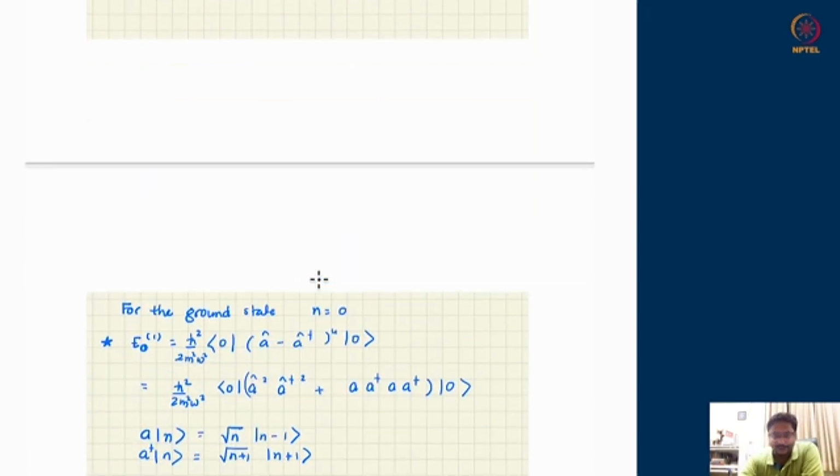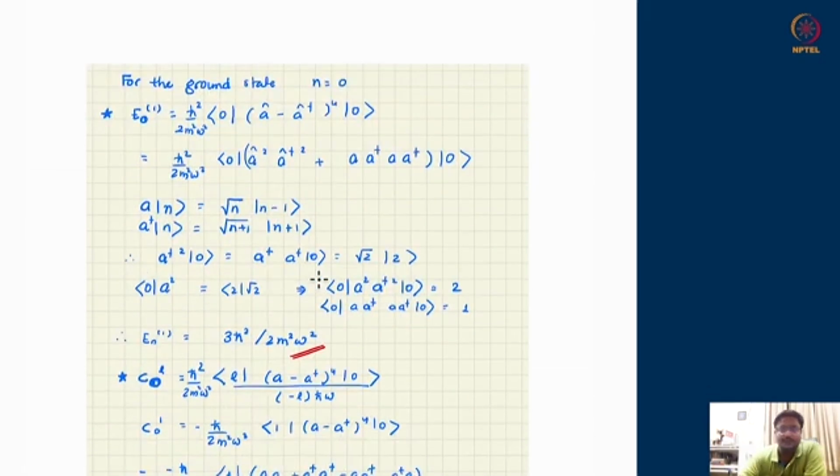Okay, let us do it for the ground state. Suppose I want to know, with this higher order quartic momentum term, what happens to the ground state? n is equal to 0. Previously, I knew that the unperturbed harmonic oscillator's ground state energy is just half h bar omega. Now I want to know, when I have added this kinetic term, p to the power 4, what happens to the ground state energy? The first order correction to that energy